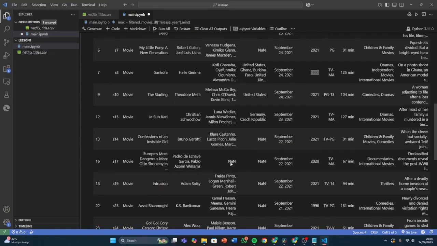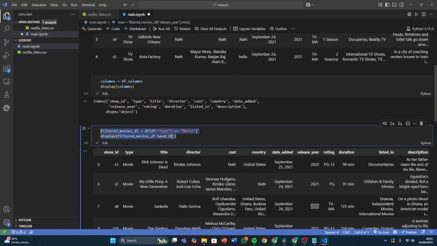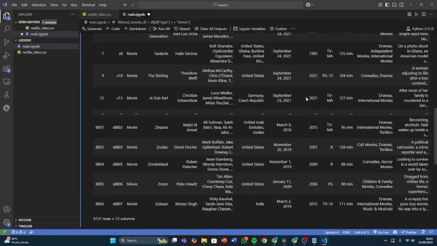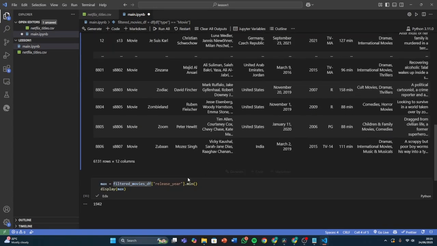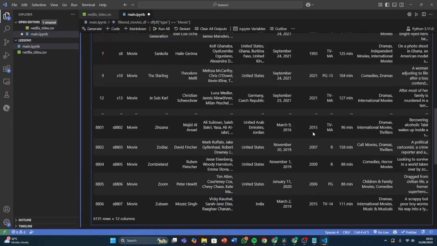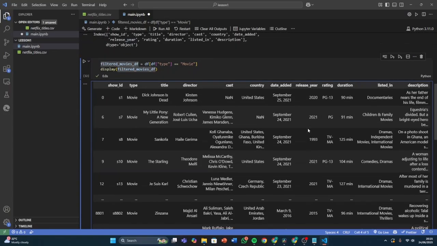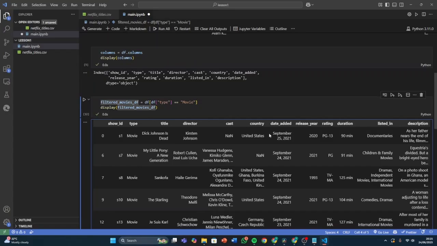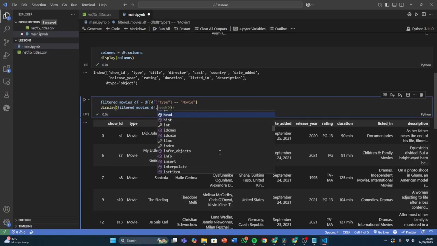So if I go back and change the head to like 100, or at this point just display and take the head out. There we go. So if I display all the ones, okay, I can't display them all because there's too many. It didn't just take the minimum from the header, it took the minimum overall. If I add the header back in,